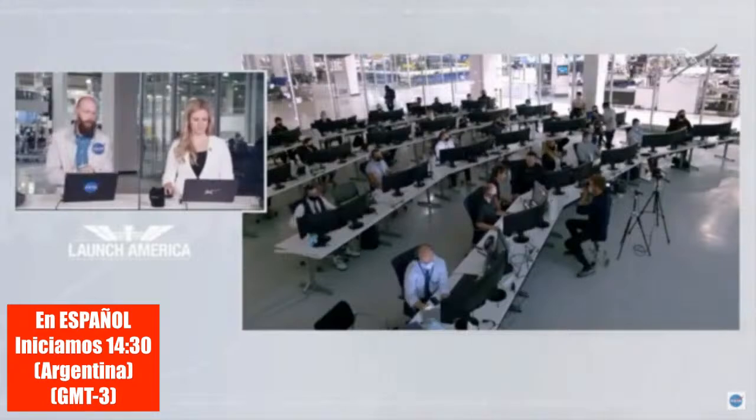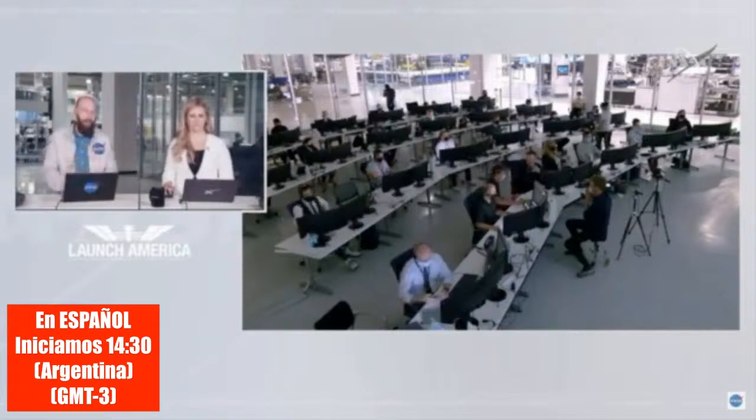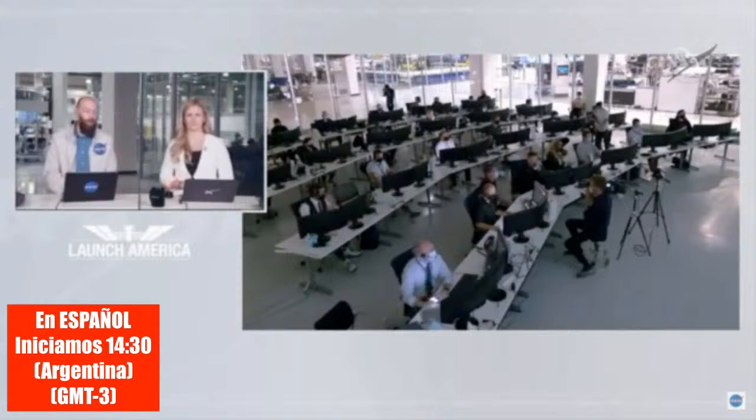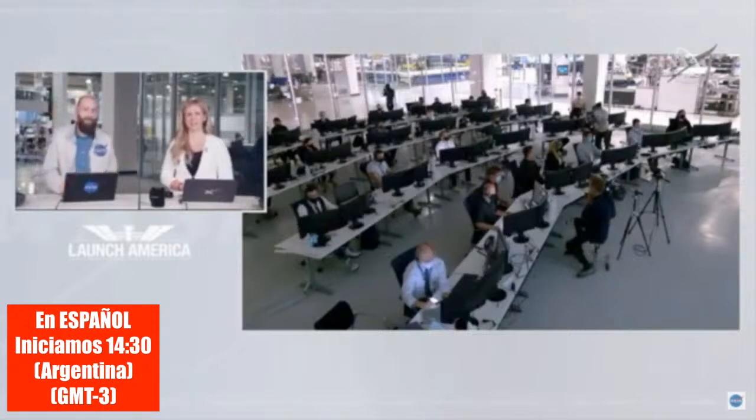There will be about a 35-second difference from separating the claw to separating the trunk, and we'll keep our eyes on the ground track for you and make sure we get exact locations of when these separation events are occurring. We're looking for both the claw and the trunk to separate cleanly, and then it'll be less than 5 minutes until we do the deorbit burn. Yeah, and after that, it'll...